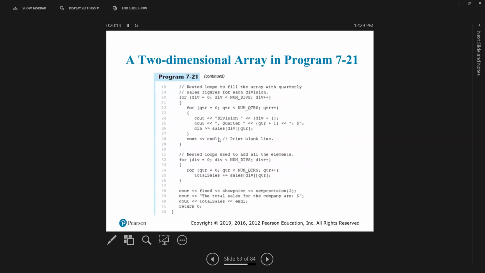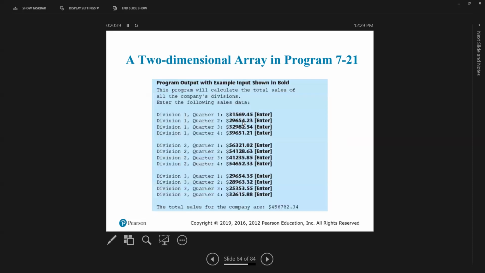Well, we have an outer loop here. See the outer for loop, and we have an inner loop here. Okay. So the outer loop, again, your loops are going to start at 0 because your arrays start at 0. So your outer loop starts at 0, your inner loop starts at 0. But what happens is you have to go through one division and finish the quarters before you go to the next division. So I want you to look at the output for a second. You're going to work with the division and finish the quarters for that division, then go to the next division and finish the quarters,